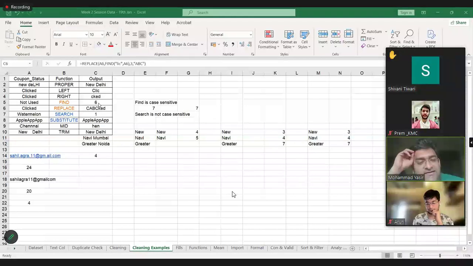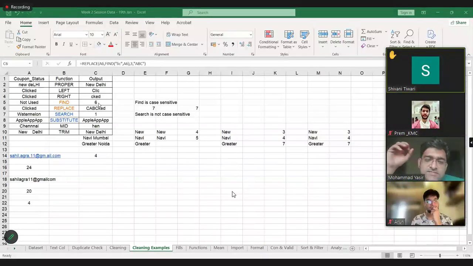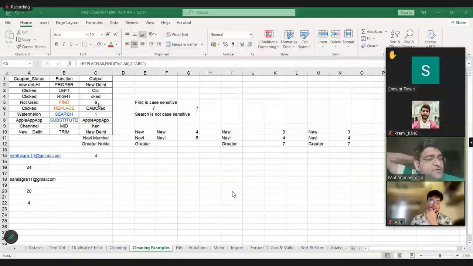Okay, so we'll do some examples after we cover these functions, on how we use these multiple functions to manipulate our data. First, I'm just showing what the functions are. It is important for you to understand what that function does. Then we will cover the use cases. Sure, thank you.